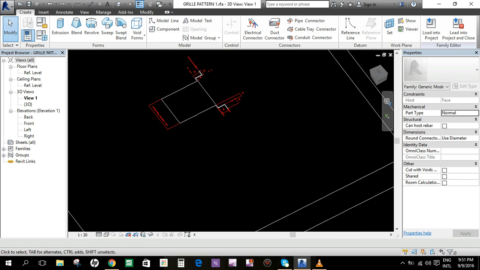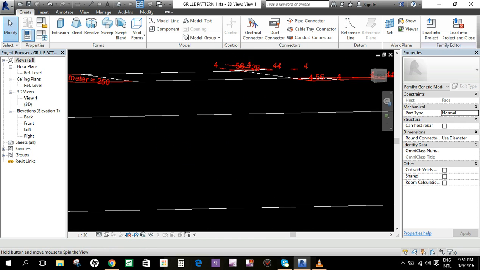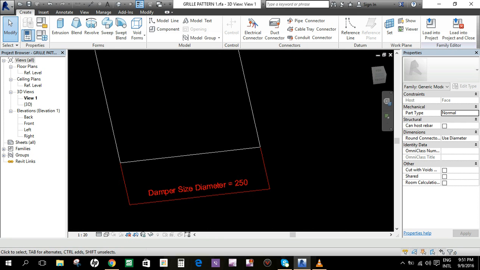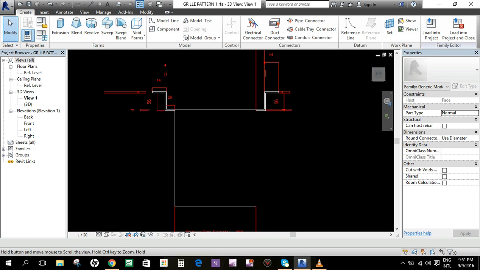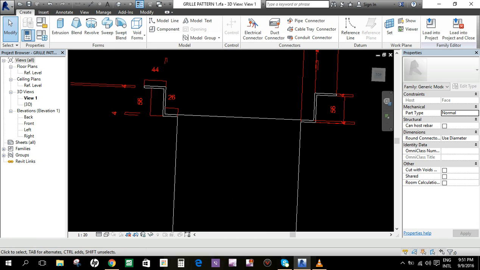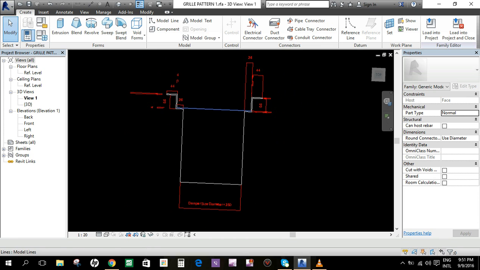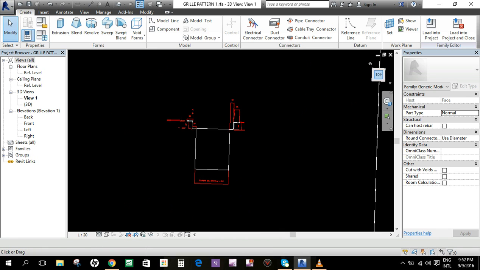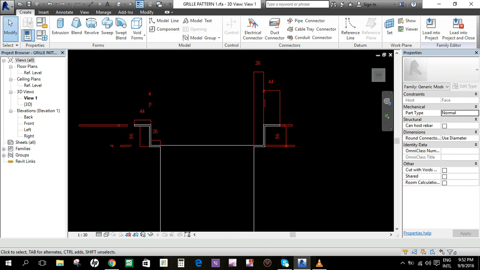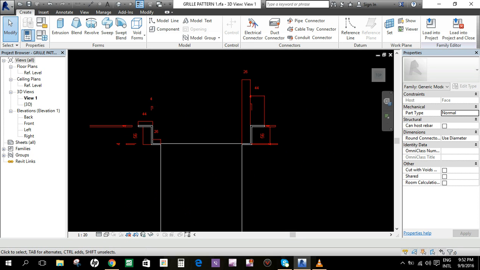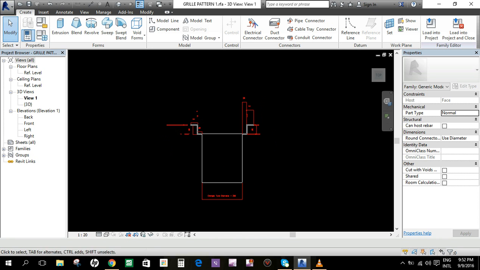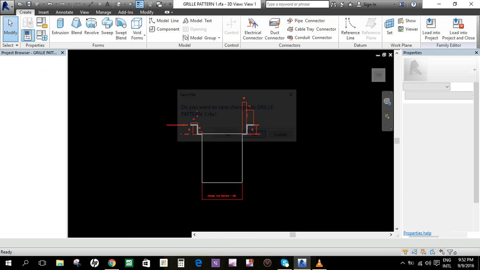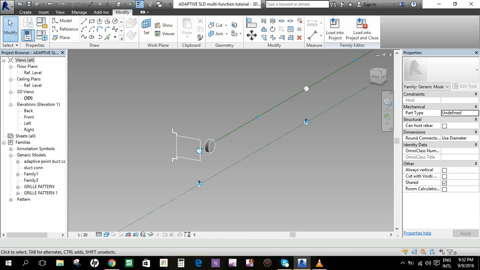If you check, this one is just a profile. You can think of it as a profile for the slot linear diffuser or the grill in the front of the diffuser. This one is not limited. You can customize this one. You can put a grill here in the middle shape. Okay, so we'll close this one. Grill pattern. So this is the one.